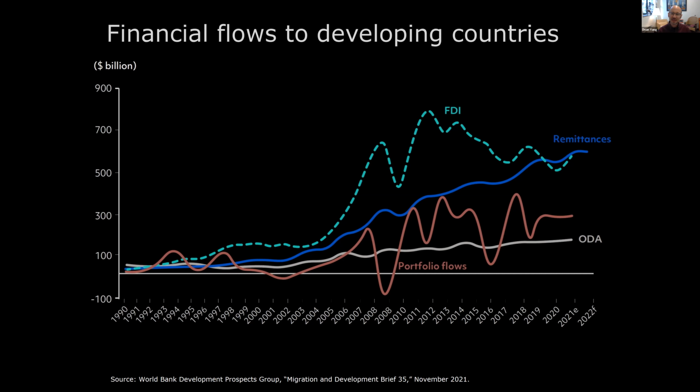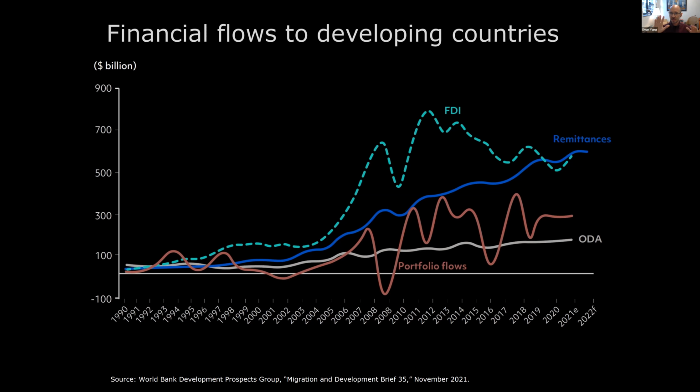But another point that's worth making is that a huge fraction, about 40% of this FDI, is actually FDI going to China specifically. And if you created this graph excluding foreign direct investment to China, or basically excluding China from all of these data, there would be a very large gap between remittances and FDI. Remittances would be a clear number 1 type of international financial flow going to developing countries.